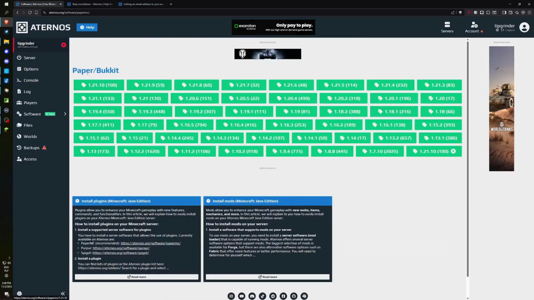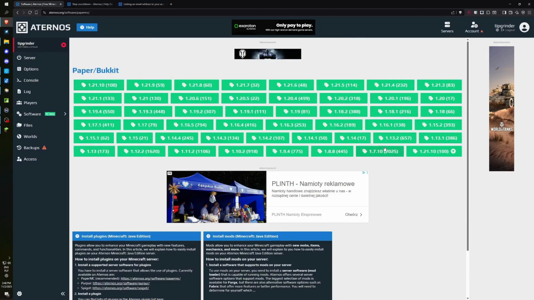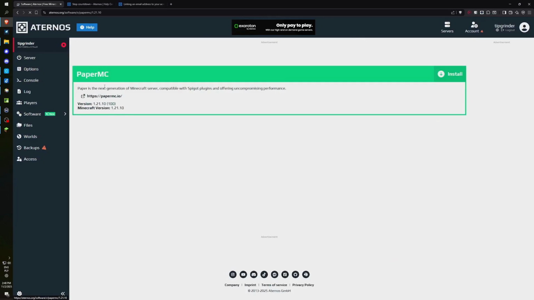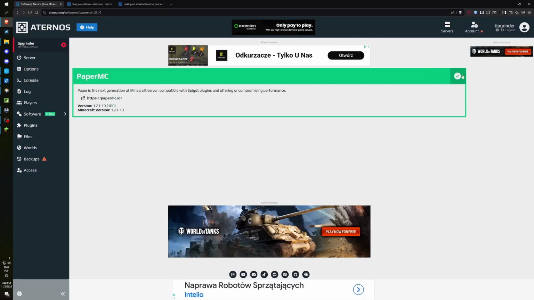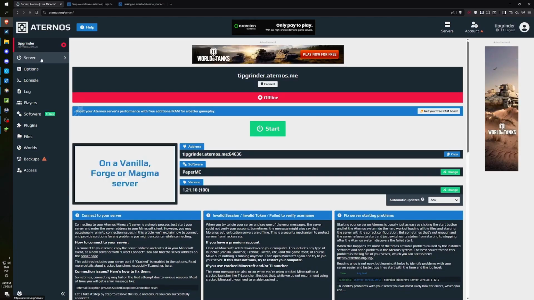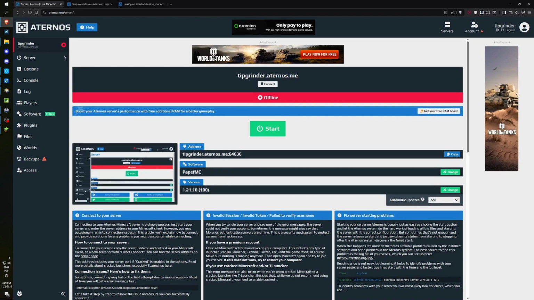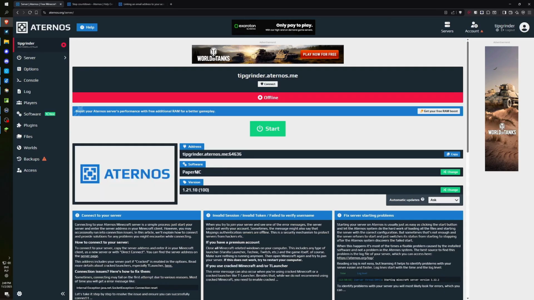Now we select the available version from the newest to the oldest that we have here. And we will select the most recent version, so I just click here. Then I proceed to click on the Install button located in the upper right hand corner. We receive a notification indicating that the installation was successful, and now when we navigate back to our main view, the Paper engine is indeed shown here. And that should be sufficient for your server to operate more optimally, so you will probably encounter fewer lags and delays. However, altering the engine inherently provides us with the capability to upload plugins, so now a plugins tab has